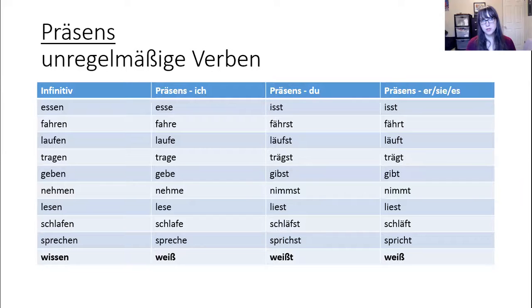Now, there are exceptions to this watch out for only second and third person singular thing, and one of them is wissen. So wissen is one, sein is one. Those are the two main verbs that you'll be using a lot that have more irregular forms than just those two. So wissen, but it's not ich wisse. Oh, that sounds terrible. Ich weiß, and you probably learned this early on, right? Oh, ich weiß nicht. You should know how to say that. If you don't know how to say that you don't know, learn it now. Ich weiß nicht. It's a good thing to be able to say. And then for du weißt with a T, and er, sie, es, er weiß.